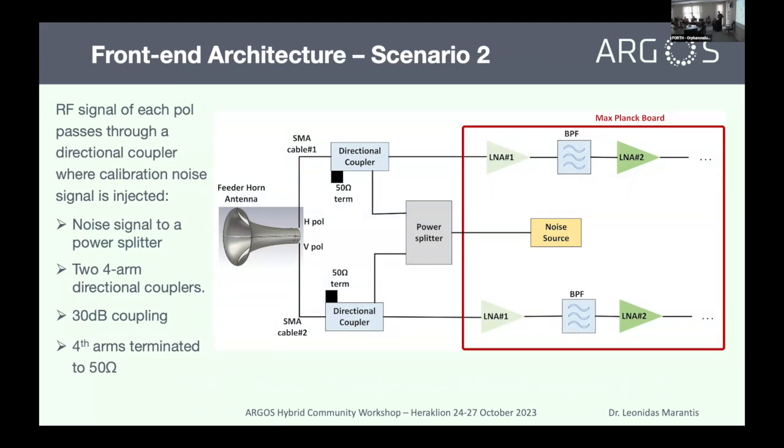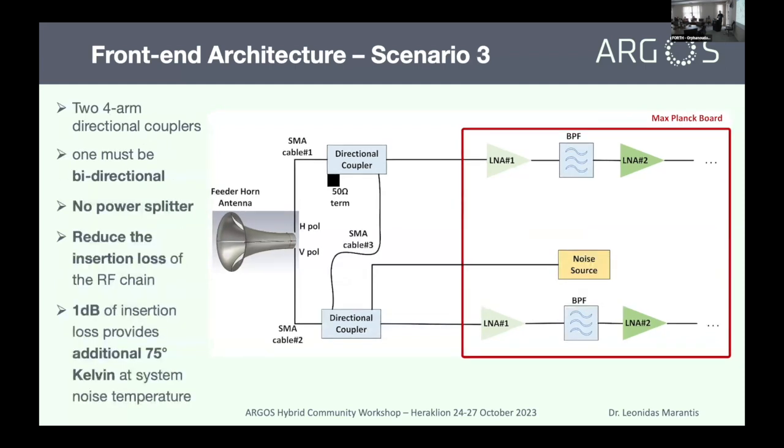The coupling of the directional couplers is 30 dB. And again, we thought that this may have a problem. And we thought that maybe it's a better idea, and this is the next scenario, to forget about the power